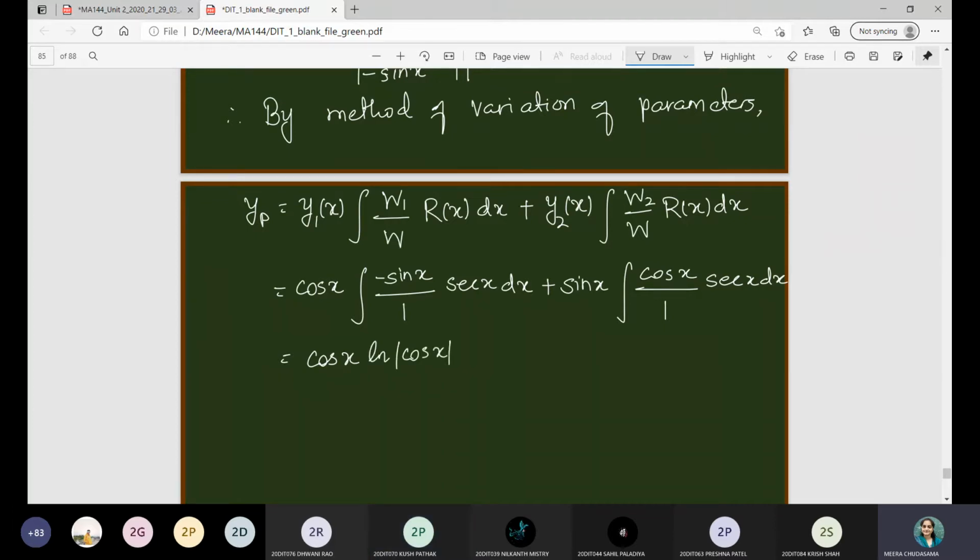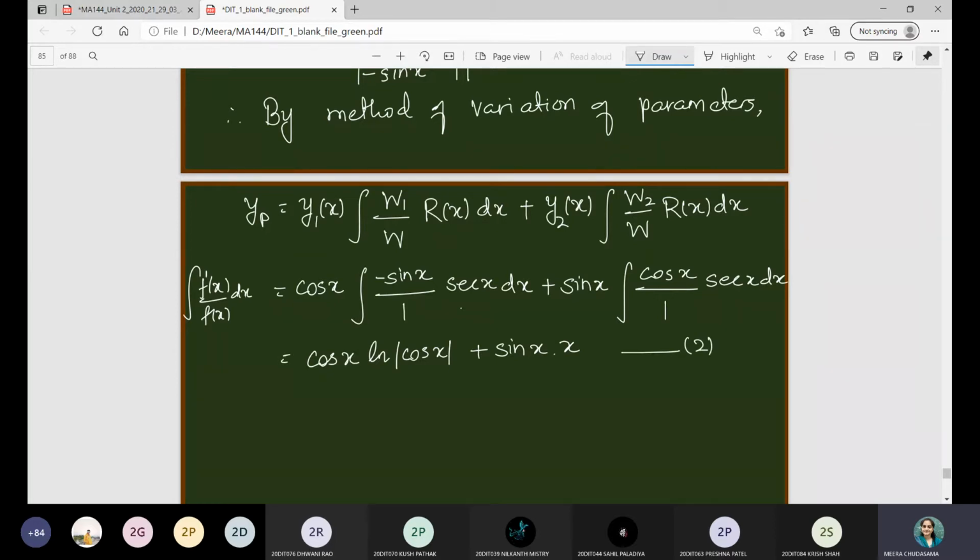Actually, you can see that whenever we have cos in the denominator, sec x is nothing but 1 upon cos x. So cos x is in the denominator and the numerator is its derivative, that is minus sin x. So it is of the kind f dash x upon f x dx. In that case, this integration is given by the log function, right? These two functions are inverse of each other, so it is just this one. So this is what yp is.